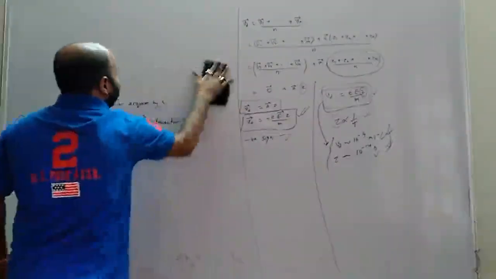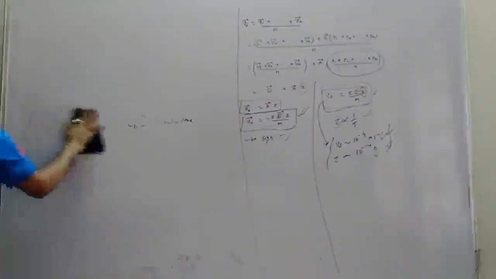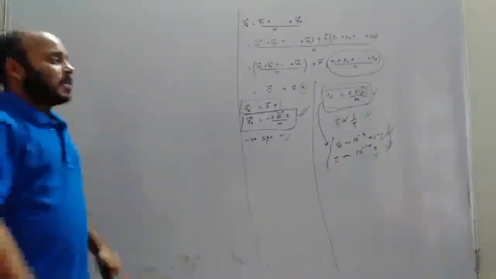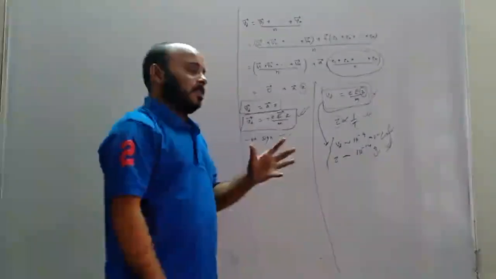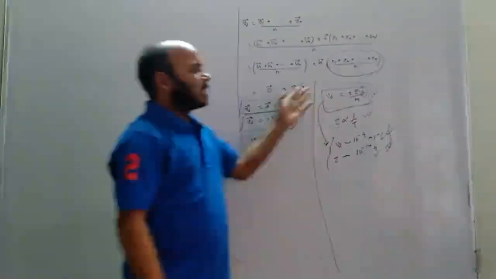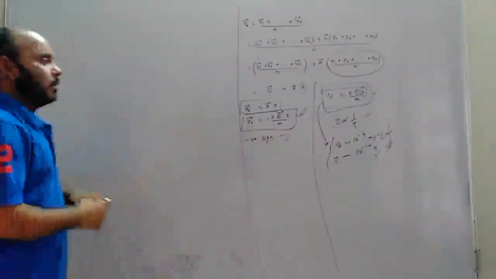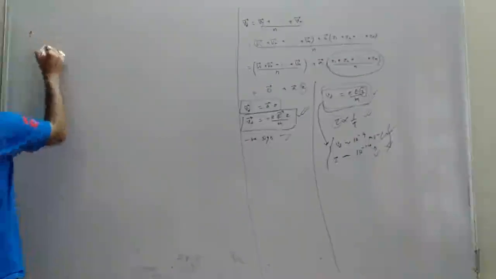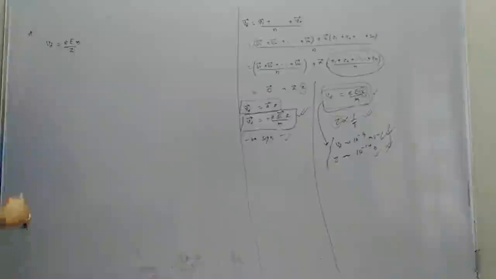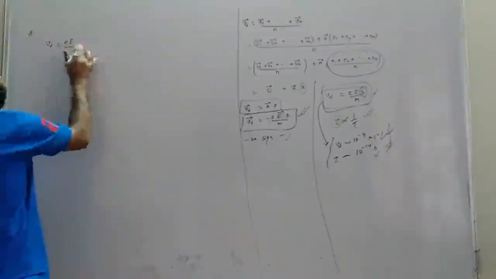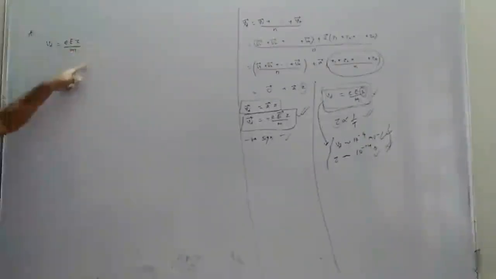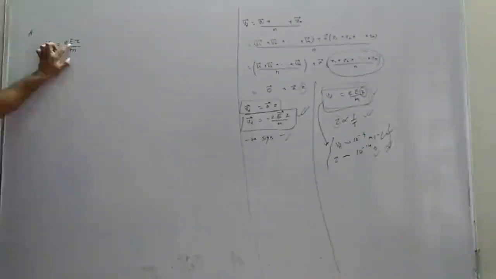You will definitely face a question in your boards on drift velocity, and these are quite interesting. Try to understand very nicely. There are many conceptual questions we face on drift velocity. See, what is drift velocity? eE tau by m. This is the formula. Sorry, E tau by m. From there, we can see drift velocity depends on the electric field.